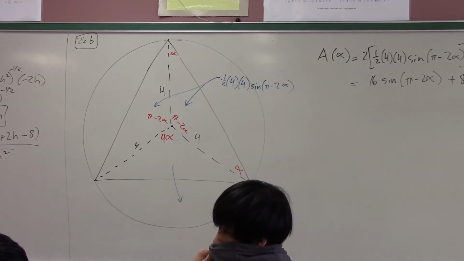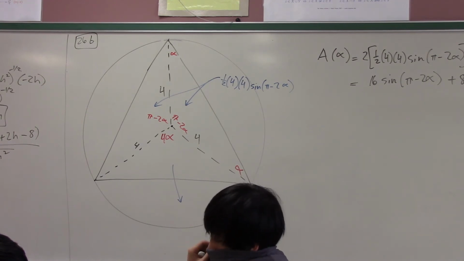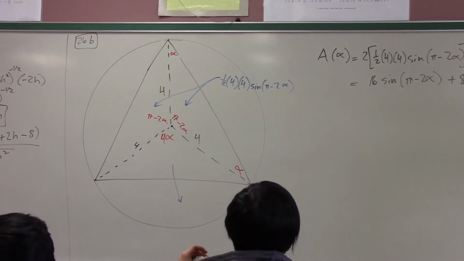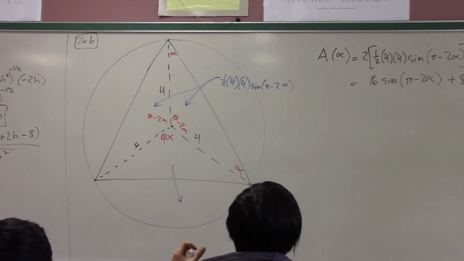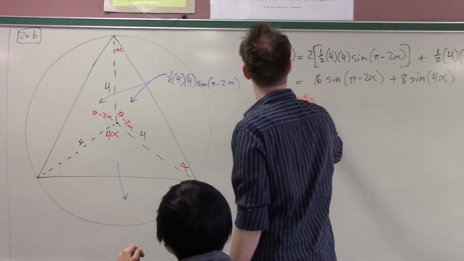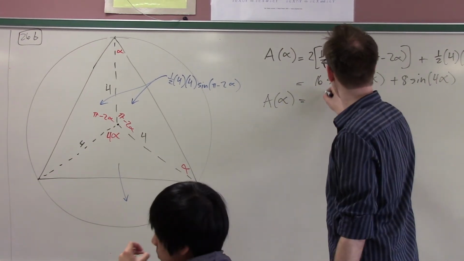So do the double angle again. Sine, cosine, cosine, sine. I think it's just sine 2 alpha, right? Oh, it's cosine pi is negative 1. Yeah. 2 angles which are supplementary have the same sine. That's just like a thing, right? If that's x and that guy is pi minus x, then they have the same height. So the actual formula for the area of this thing in terms of alpha is